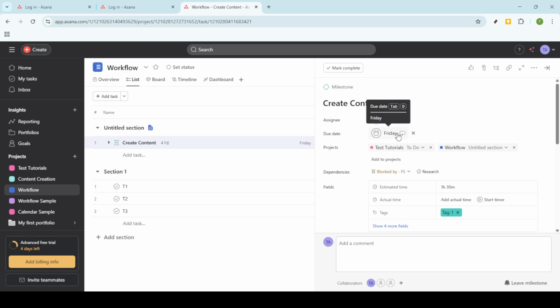Asana makes it simple to customize your workflow, so take advantage of this flexibility to create a task management system